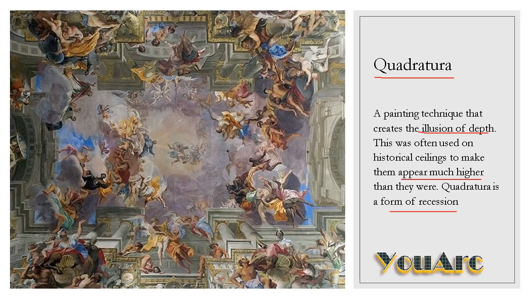Can you see here in this particular figure? We can see the depth is created on the top of the ceiling. So this is the background for us, and these humans are acting as the foreground. So it's creating an extra illusionary depth to the ceiling.